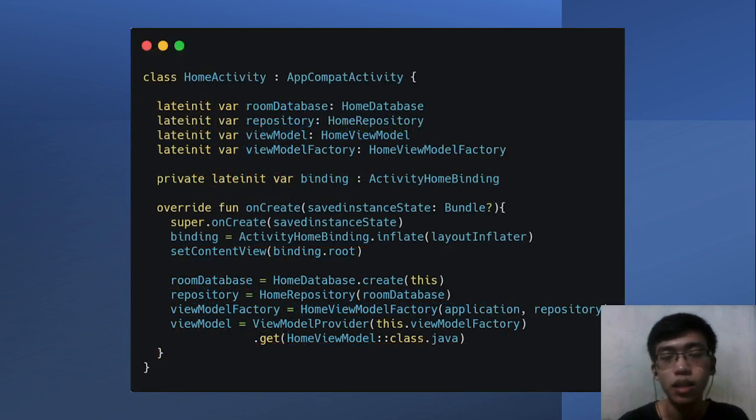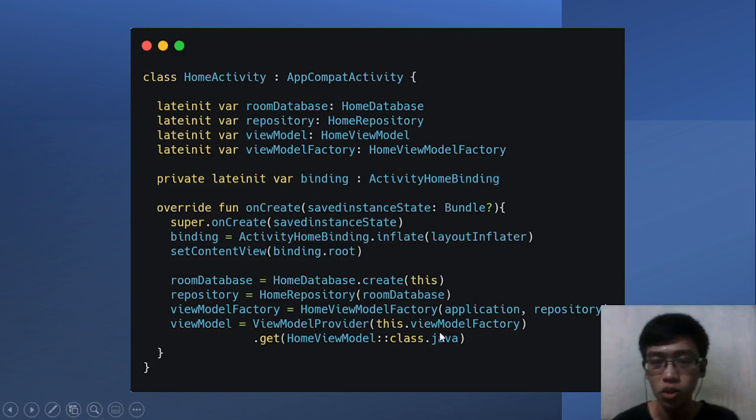This is the example of a view model factory implementation. You can see right here, view model depends on view model factory, right? View model equals view model provider this dot view model factory right here. So view model depends on view model factory.